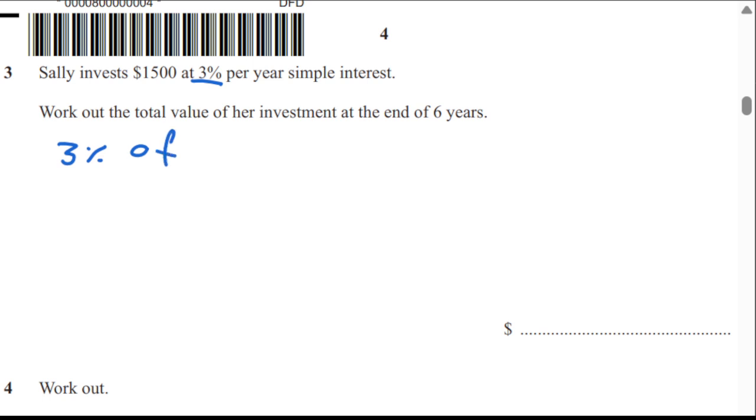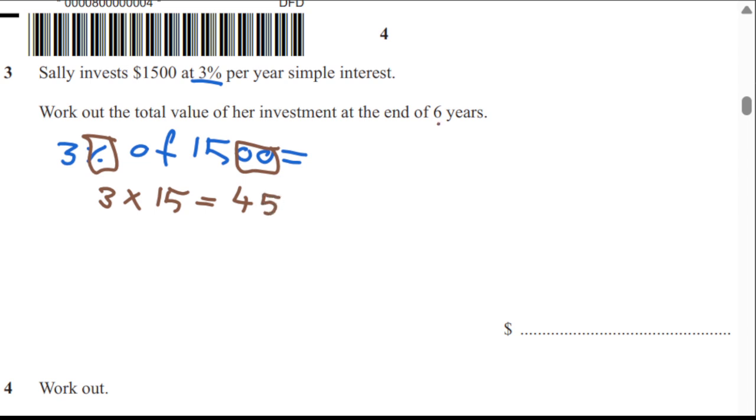of 1,500. Many ways to do this. The easier way is the percent will cancel these two zeros, so we'll just do 3 times 15, which is 45. And then since it's 6 years, so we'll do 45